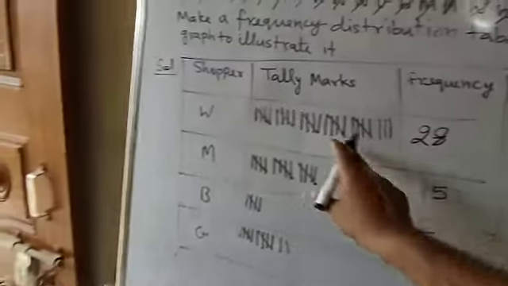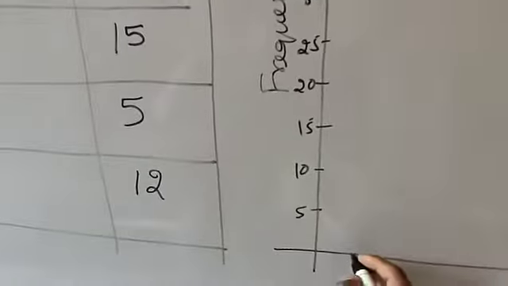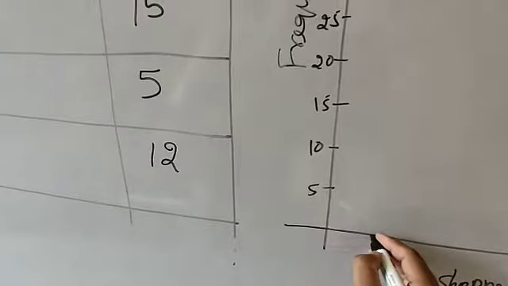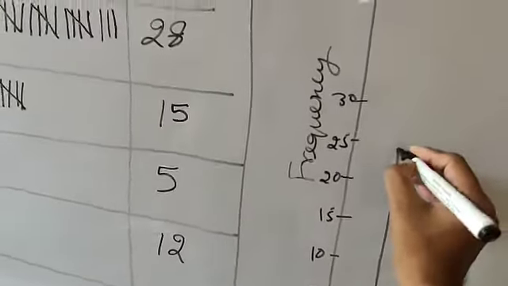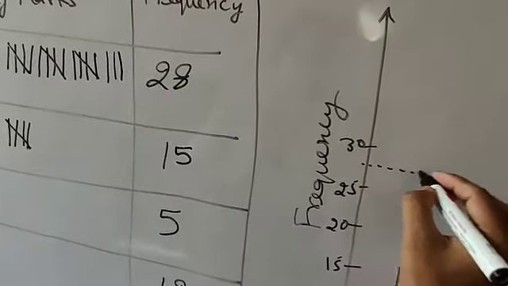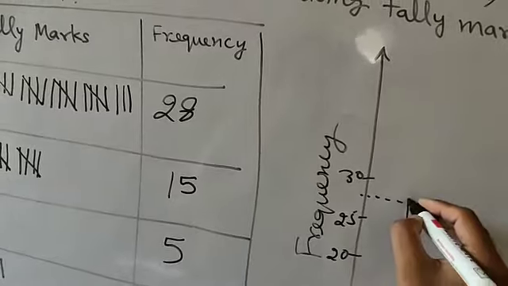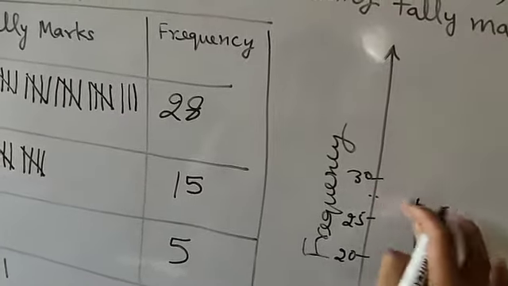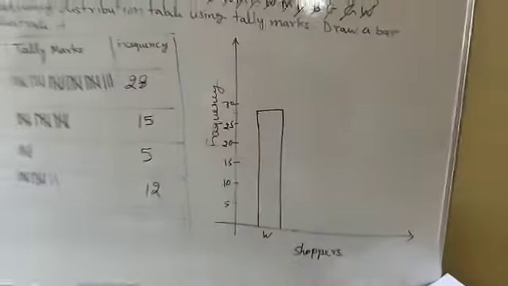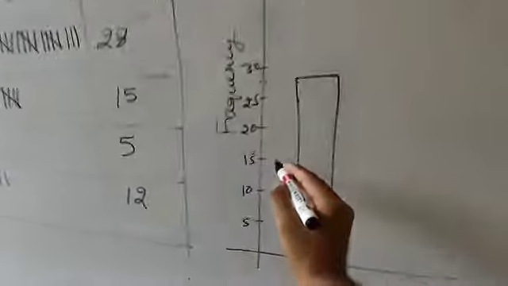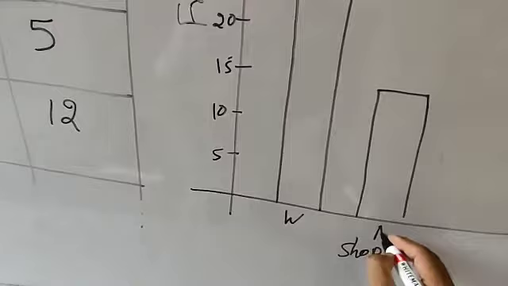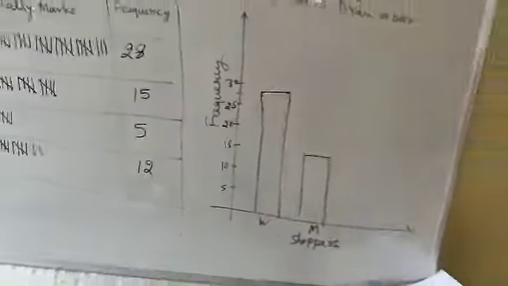Now number of women are 28. So here you will leave 1 centimeter space, that is one dark line space, and from here 28. So on the graph you will get up to here 25. Then 28 will be, if it is like this, the middle one, so it will be 27.5. So just above this you will get the 28. So here it is 28, and it is women. Now men 15. So 15 is here. Next again you will leave the space, and here you will make for the men up to 15. So here it is 15.